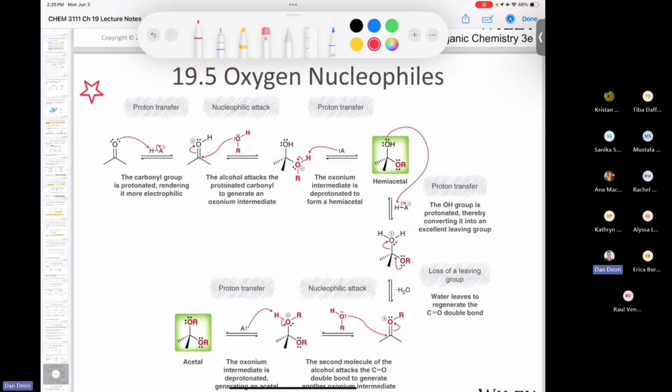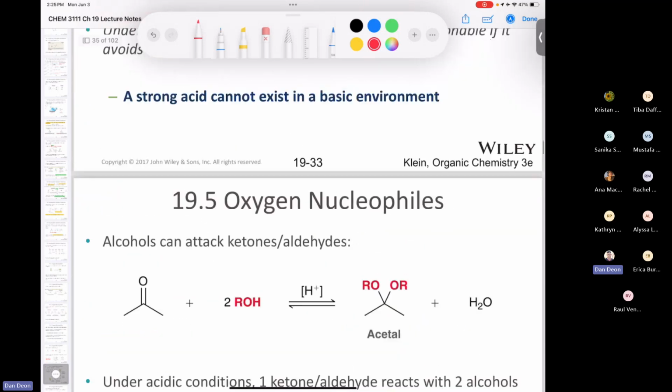If you look at ACS, they test this. If you look at MCAT, they test it. All those exams test this mechanism. And so if you think, oh, I'll just memorize it, I would say that's really difficult. It's better if you can draw it, right? Write it down, and that way you start to understand the rationale as to how the formation of an acetal works. So I want to try to get here with you in just a few minutes,